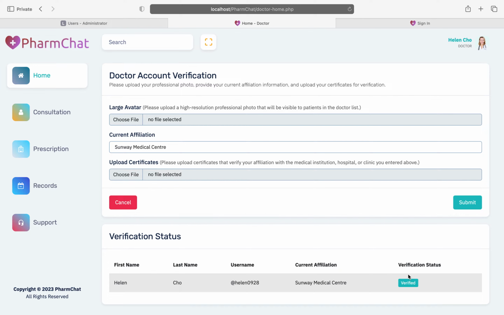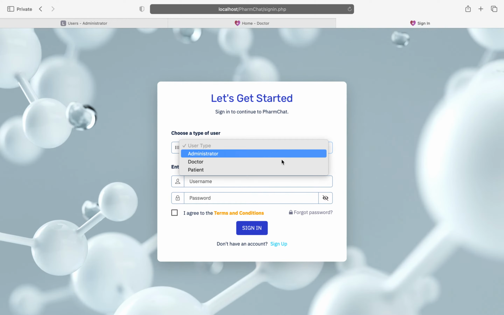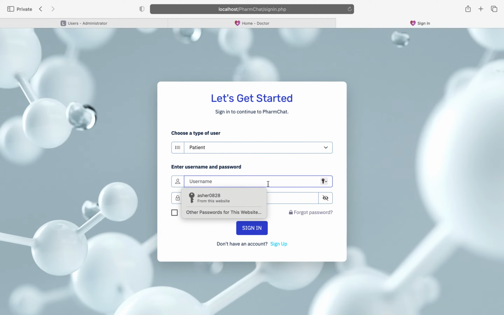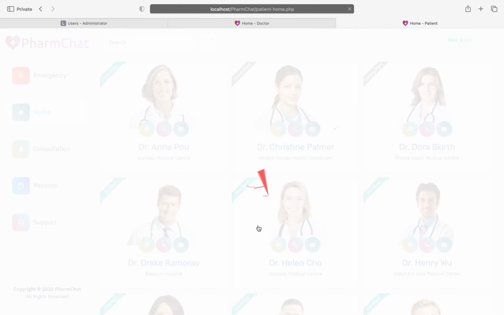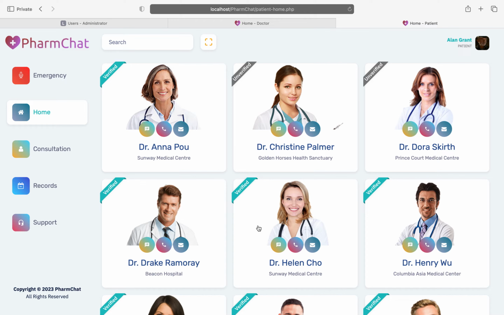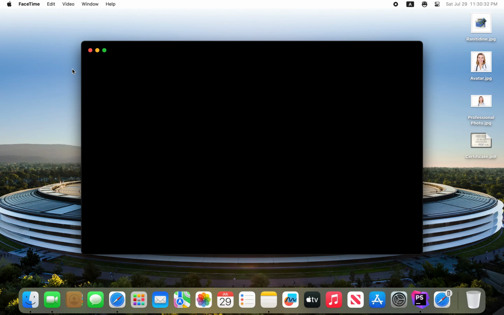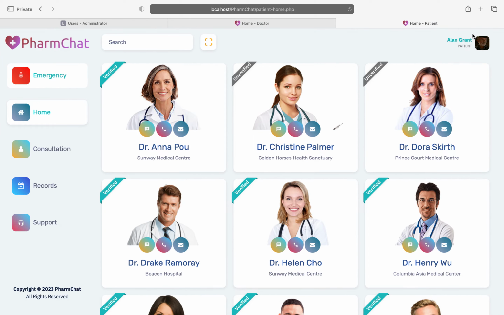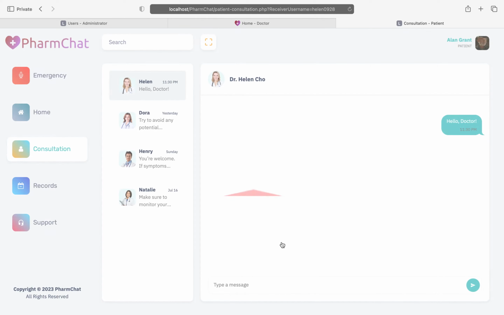Now let's try the third user type, patient. So I'll just sign in Alan's account and head to the patient's homepage. Now patients can always click the first emergency button from the sidebar at any time to dial the local emergency number in case of an urgent situation. And in homepage, we see all the doctors of Farm Chat. Click the chat button to initiate a consultation with the doctor. The system will automatically send a greeting to the doctor, and